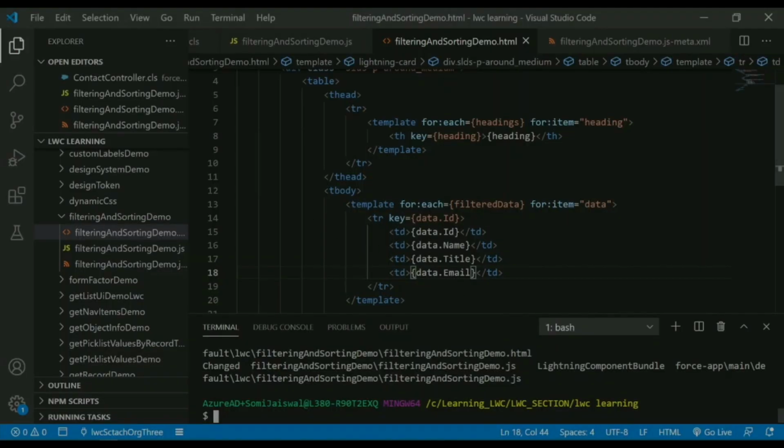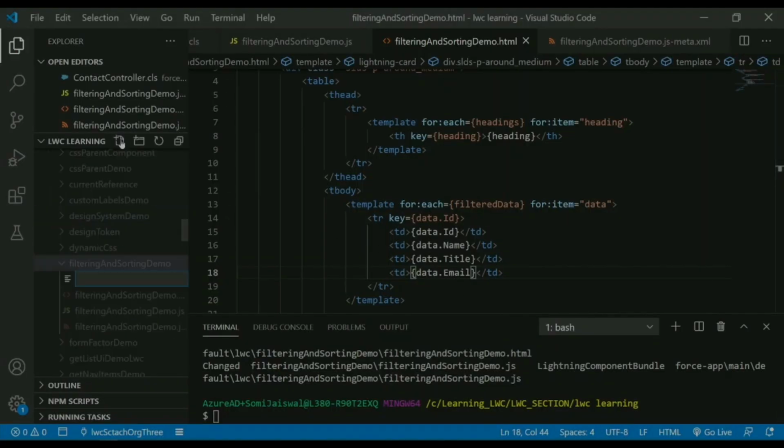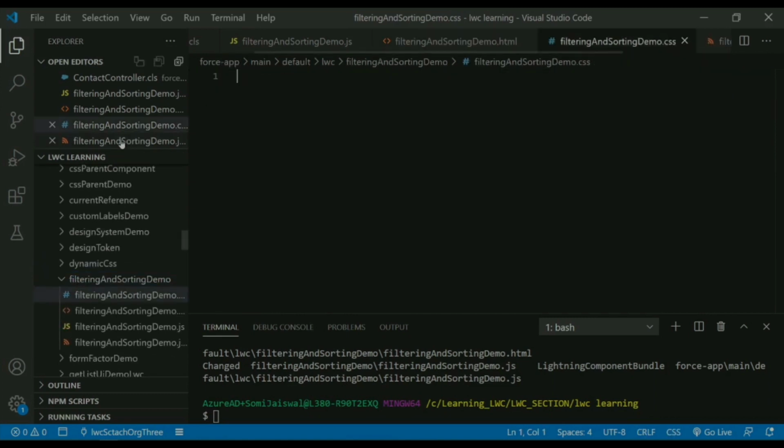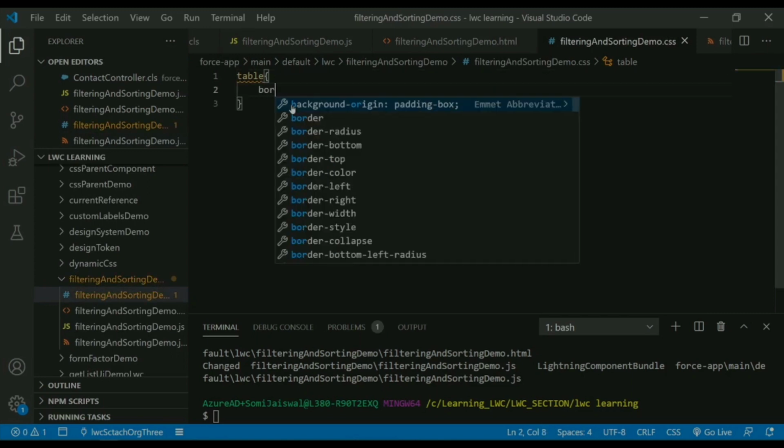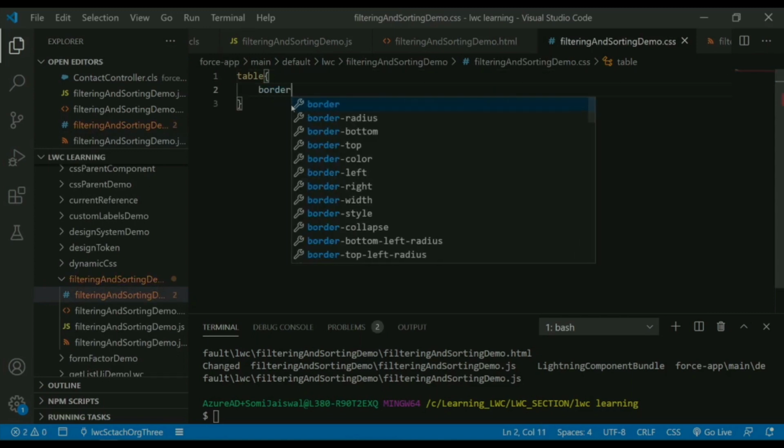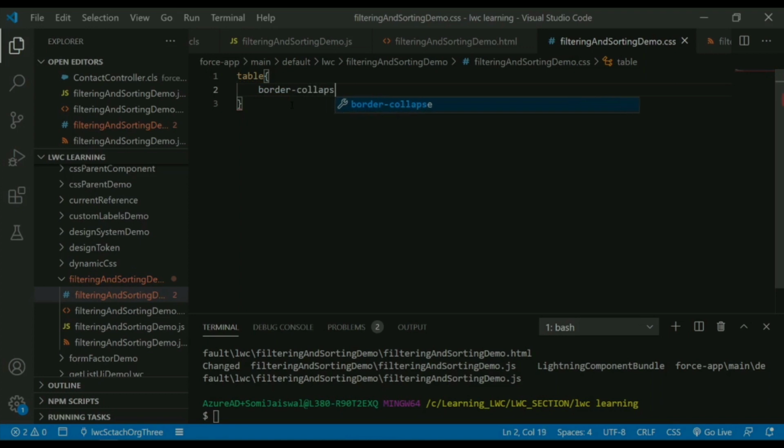To add the CSS, we'll create a new file with the same component name, filteringSortingDemo.css. And here, first thing we want to apply the style for the table tag. For that, I already showed you border-collapse,